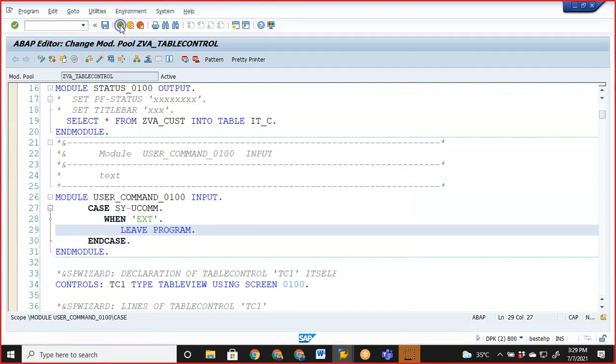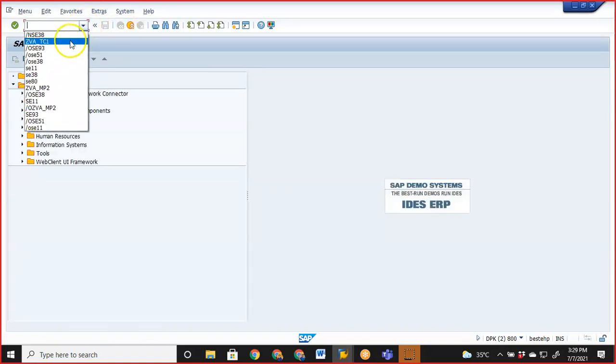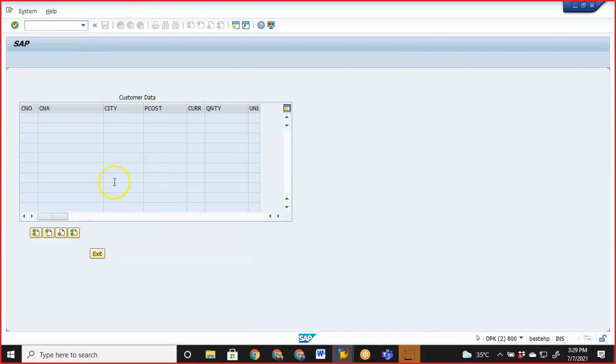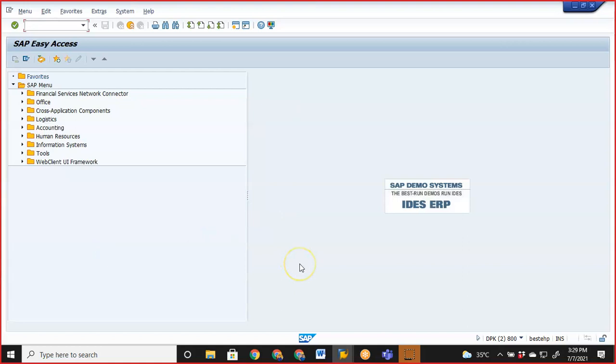Okay, this is not a report program. So now get this data. If you click on exit, it comes out of the program. This is what you have.